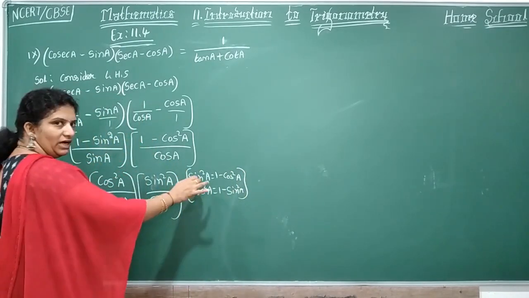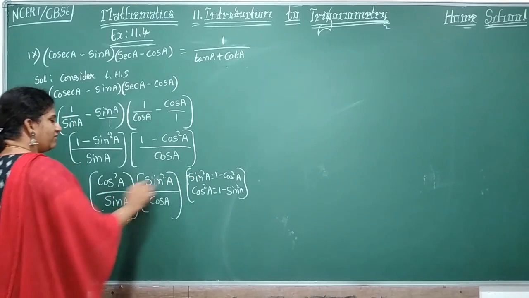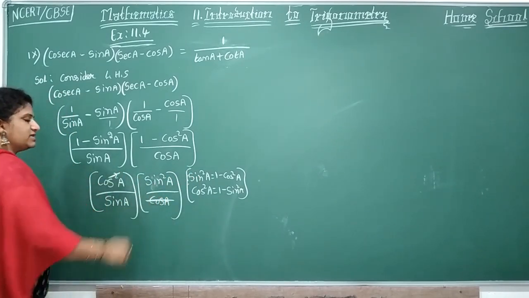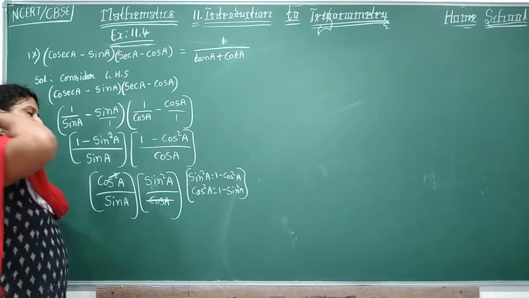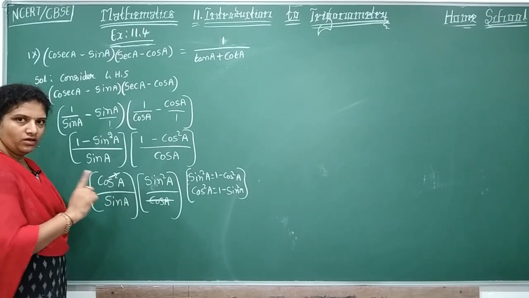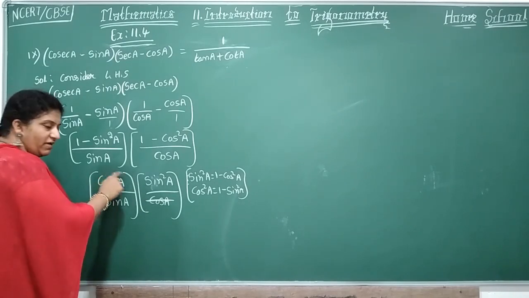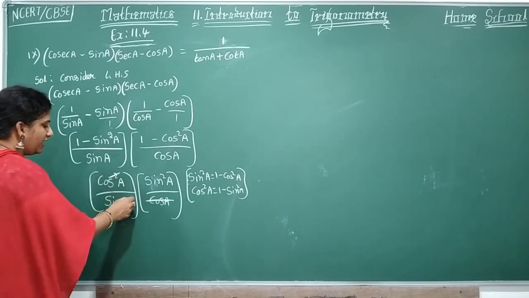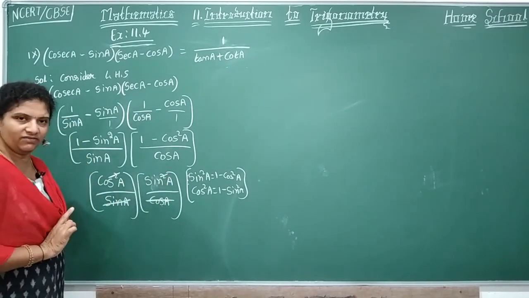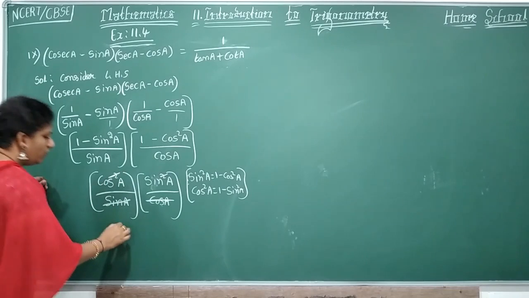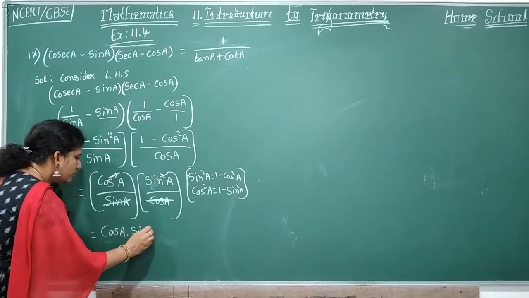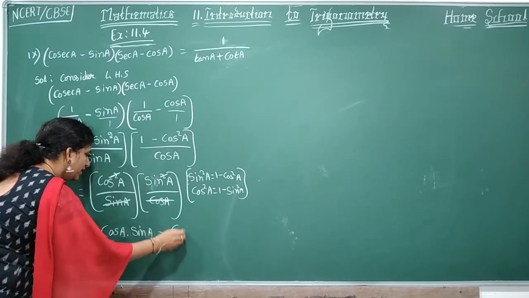So again don't multiply for this. From this I have written like this. So one cos A and cos A will be cancelled. Children, while you are cancelling, never try to cancel cos A with cos A. When you have two cos A's, only the power you try to cancel. Here again one sin A has cancelled, one sin A will be left. So now what will be? Cos A into sin A, or sin A into cos A, also you can write it here.